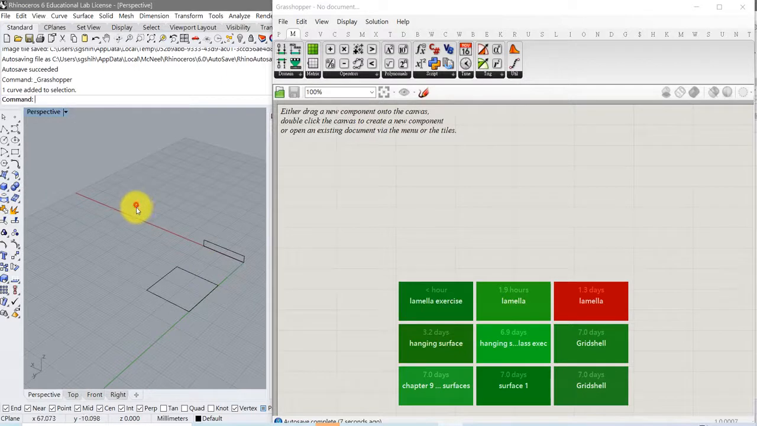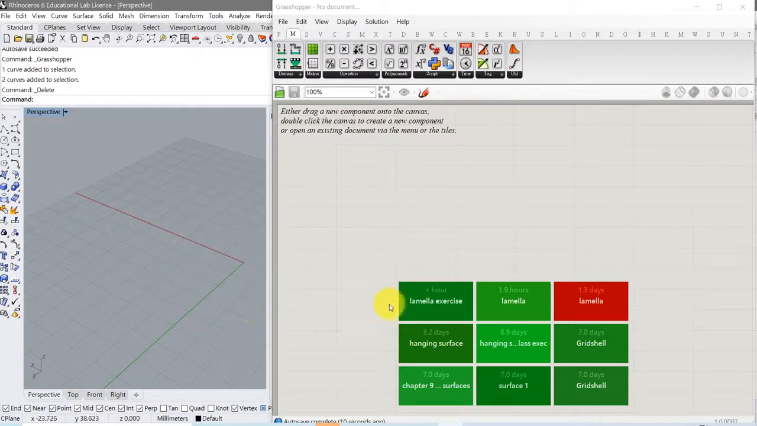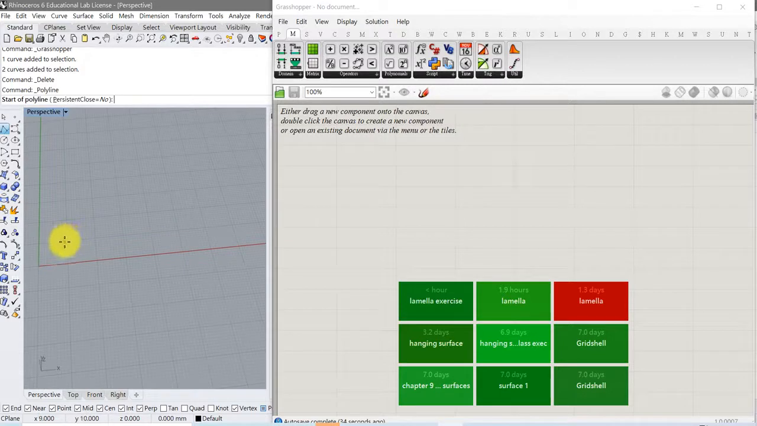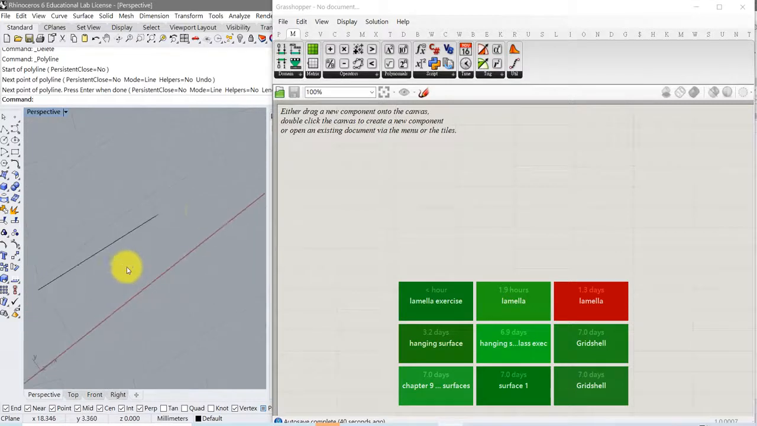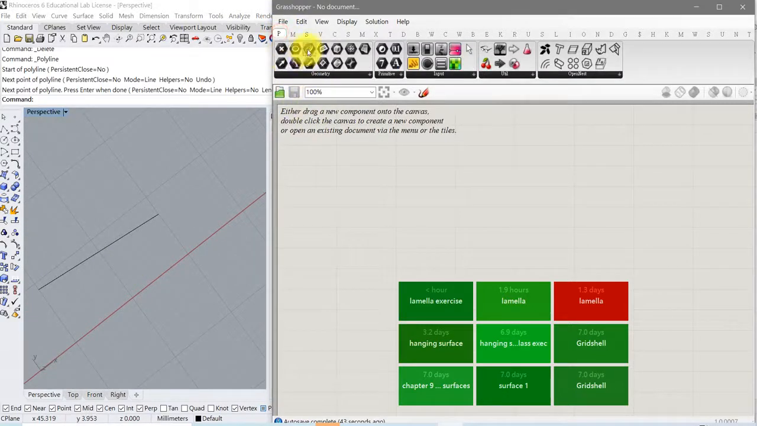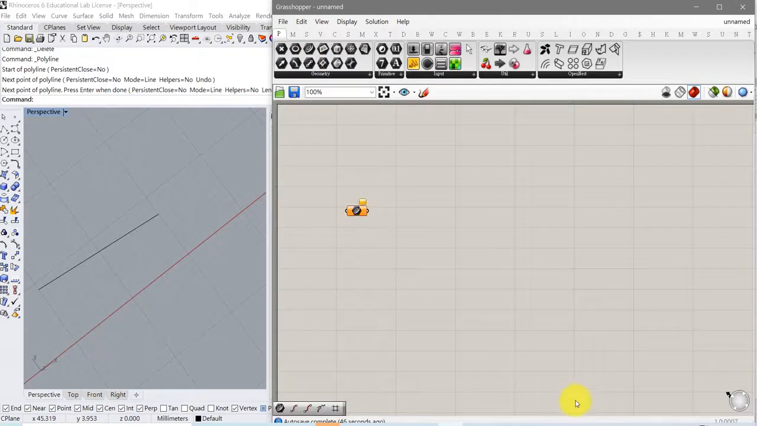So the first thing I would do is let's start from a very simple object, for example, a string. Not a stick, I mean a string. We can bend it. So we start with a line, we can simply draw a line somewhere, and then make a reference to Grasshopper. Okay, let me